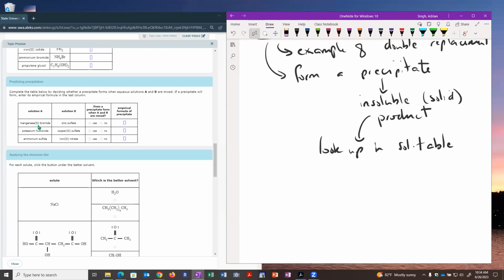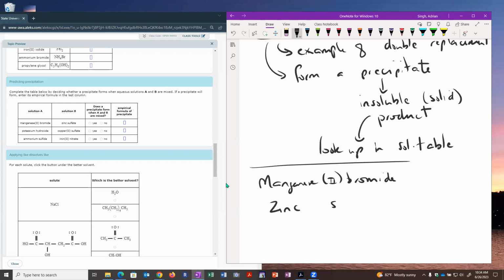We'll do the first one. So you're given the chemical names for these. So we have, let's do, we'll do the first one. So manganese 2 bromide. That's in the first solution. And then the second one, we have zinc sulfate. Okay, so remember, these are examples of double replacement reactions where all we're going to do is take the